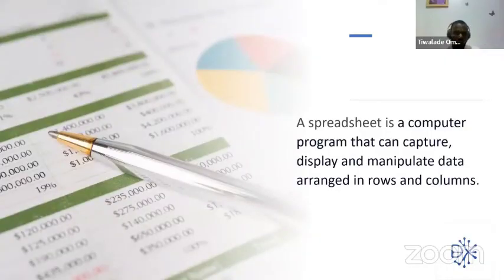A spreadsheet is just a computer program. So we are starting from scratch, before we move very fast. I'm just going to give you some introduction so that you can understand the terminologies that are available here. A spreadsheet is a computer program that can capture, display, and manipulate data arranged in rows and